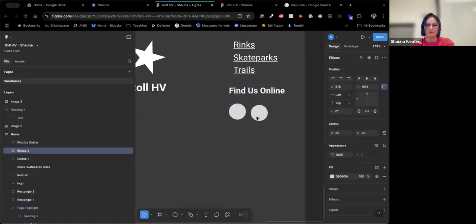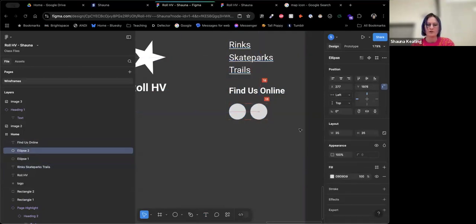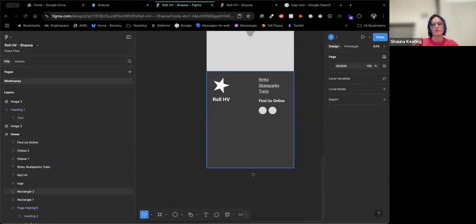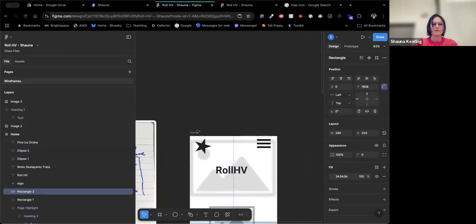And so then I got that there, and then we'll make that line up. We're not worrying too much about everything lining up perfectly. We just don't want it to look crazy. And then I can go back over here